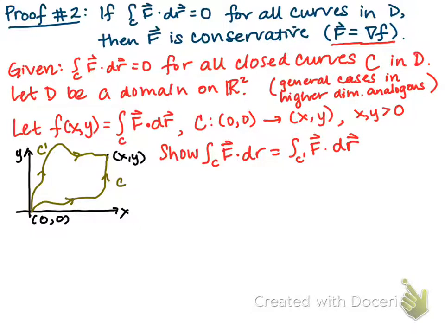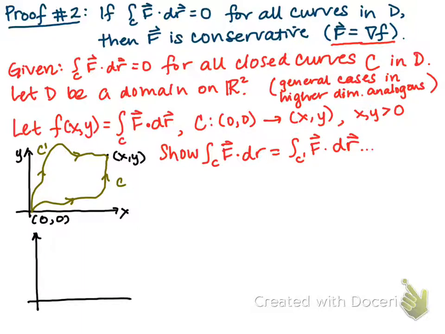Okay, so if these are equal, then my integral of f is independent of path. By drawing both C and C prime, I've actually created a closed curve, right? So let's draw a picture of that. So my closed curve is,